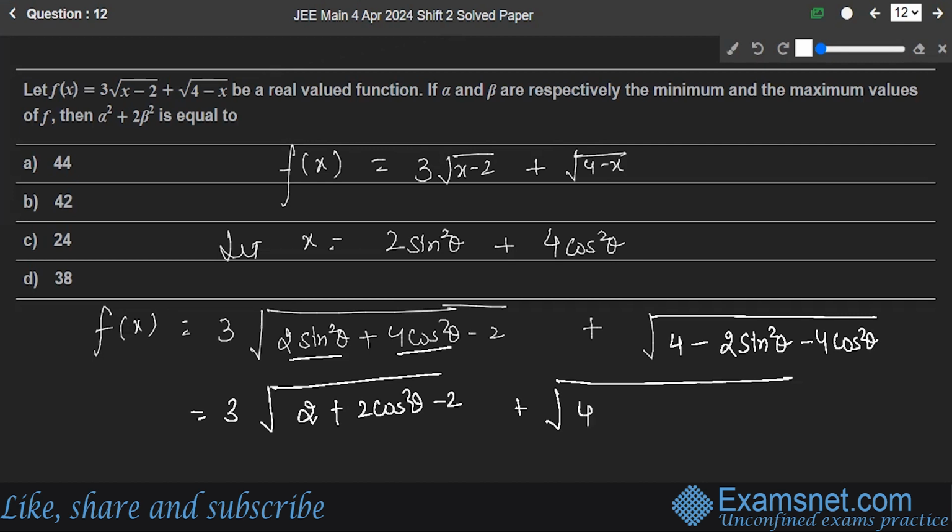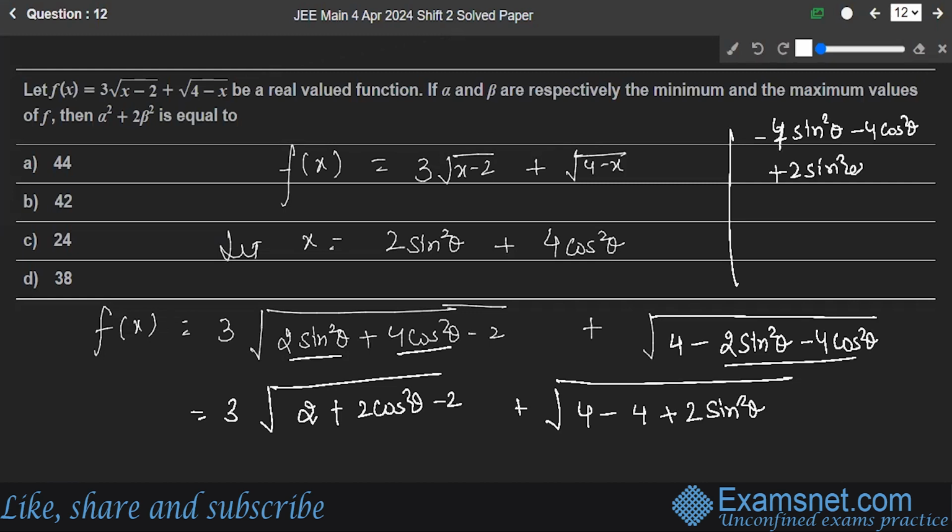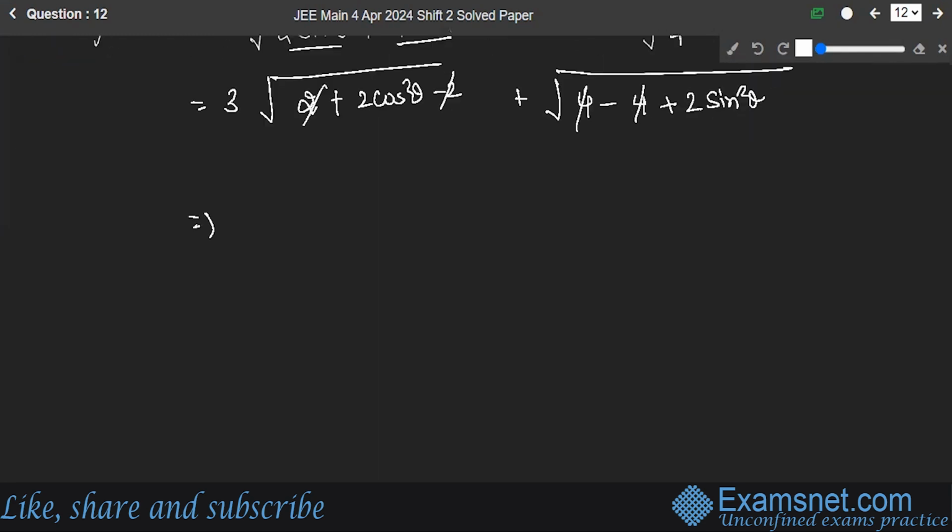Similarly, I'll be taking 4 minus, I need a 4 to cancel out this 4, correct? So this can be written as 4 minus 4 plus 2 sin²θ. See what I have done? Minus 2 sin²θ minus 4 cos²θ. I will subtract 2 and add 2 sin²θ. This will give me minus 4 plus 2 sin²θ. Okay. So this and this will cancel. This and this will cancel. And you will have 3 root 2